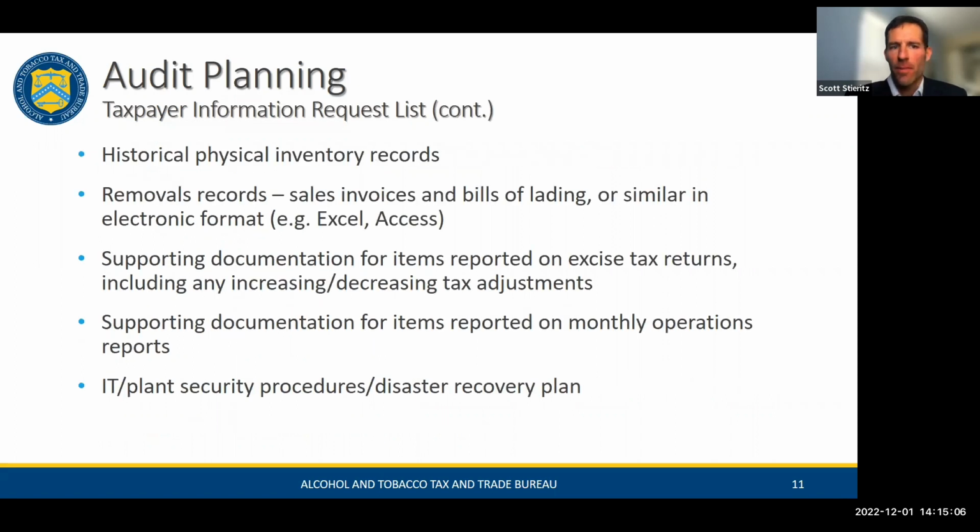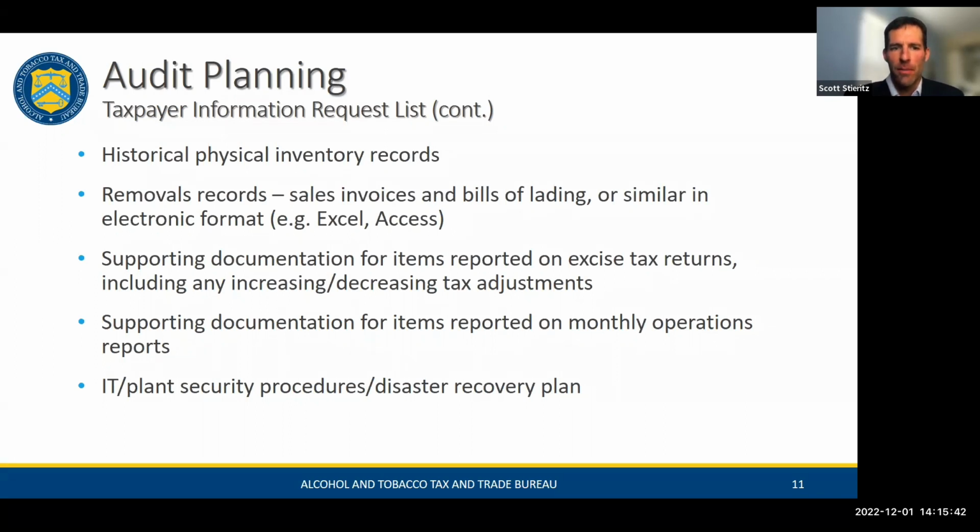The taxpayer information request list also can ask for historical physical inventory records, a database of taxable and non-taxable removals. We request this in an electronic format and prefer Microsoft Excel, but can work with the industry member on another format, supporting documentation for items reported on the excise tax returns, including any increasing or decreasing tax adjustments, and then supporting documentation for items reported on the monthly operational reports, for example, losses, destructions, and shortages.